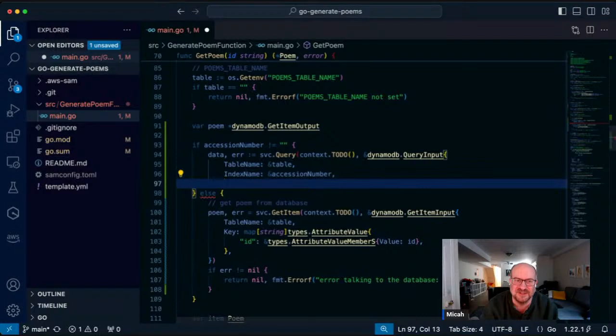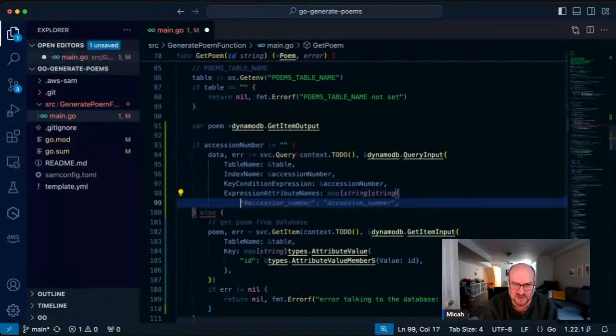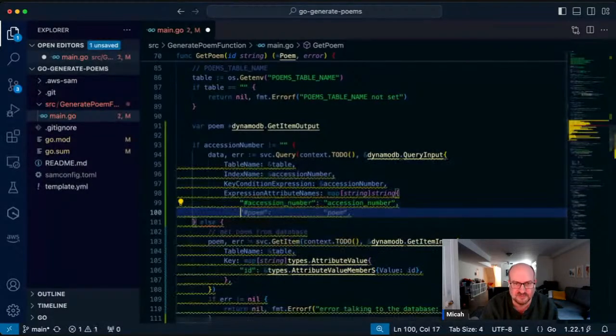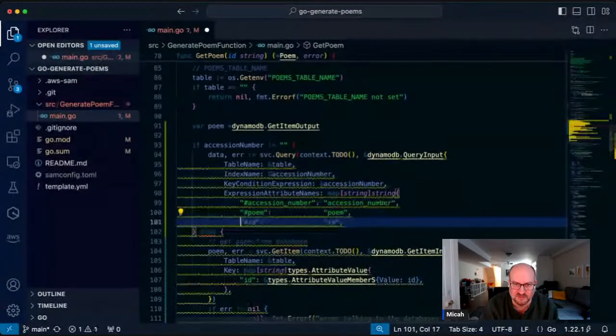Okay, this is great. I'm just going to keep tabbing and yes, that's what I want. This part, I don't know what this part is going to be. Oh, these are the attributes I want to get back. Yep, yep.